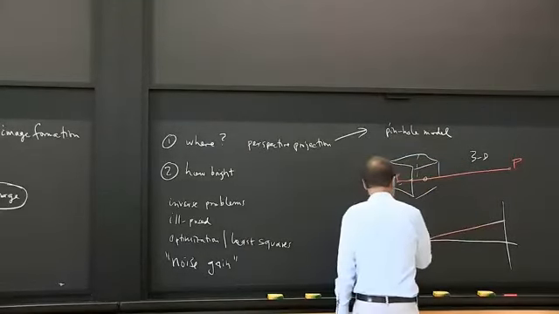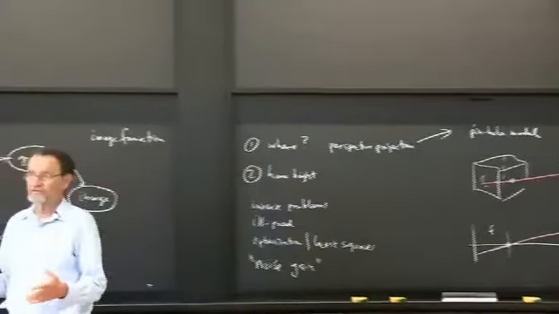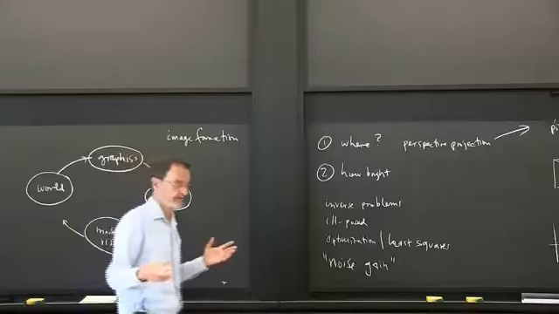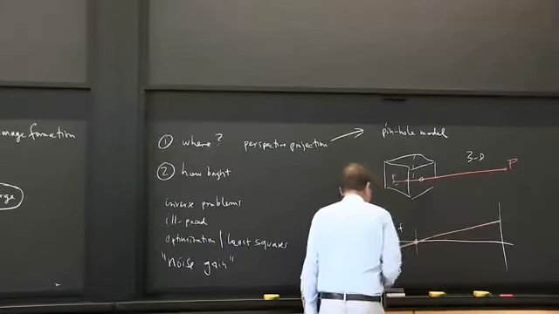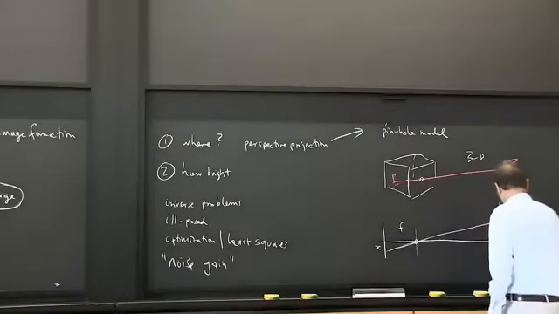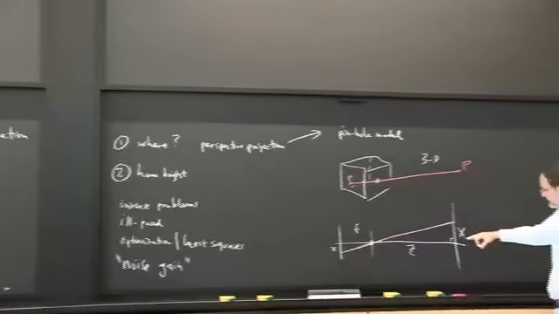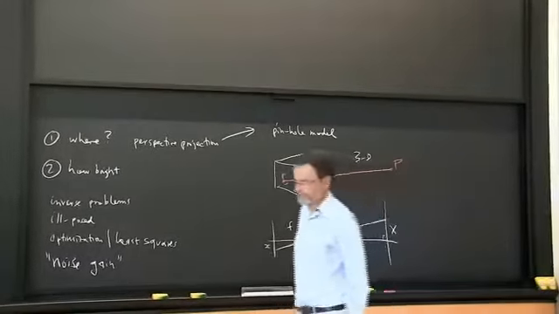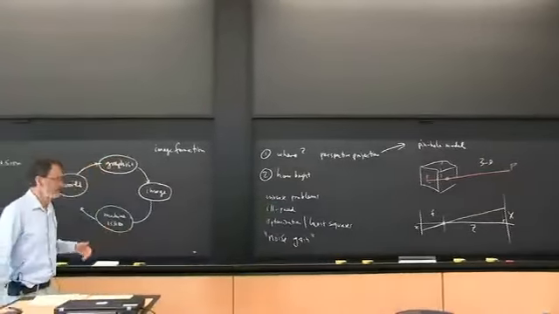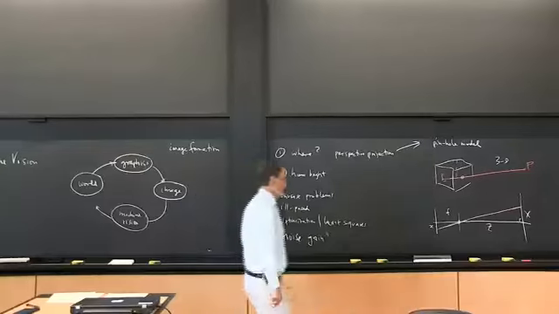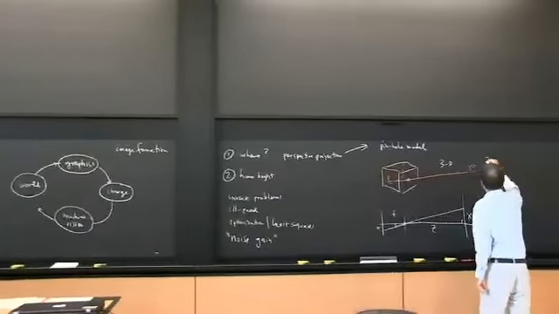Okay, so we're going to call this F, and F is alluding to focal length, although in this case there's no lens, there's no focal length, but we'll just call that distance F. And we call this distance little x, and we call this distance big X, and this distance big Z. So in the real world, we have big X, big Y, big Z, and in the image plane we have little x, little y and F. And, well, they're similar triangles. So we can immediately write